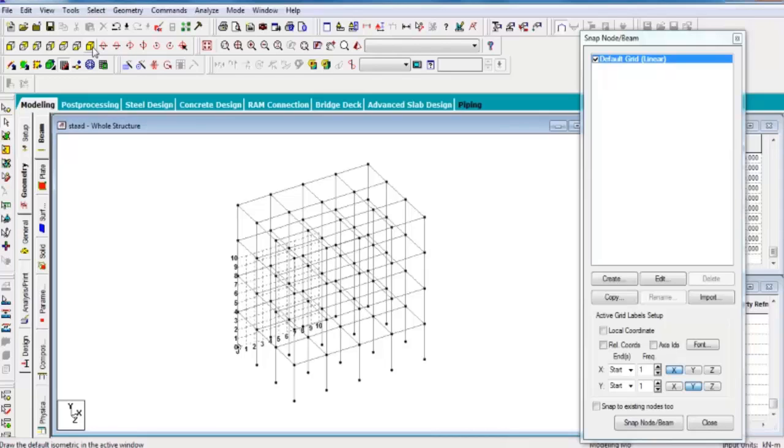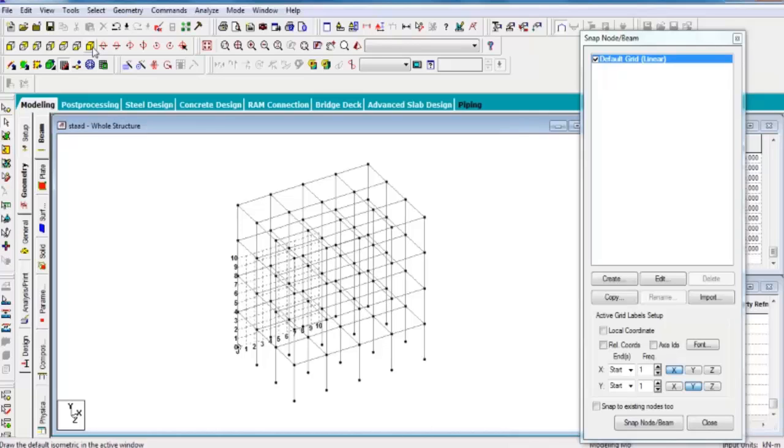How many types of supports do you know? We have three supports: fixed support, pin and roller. Where is fixed support used? Where there's moment.